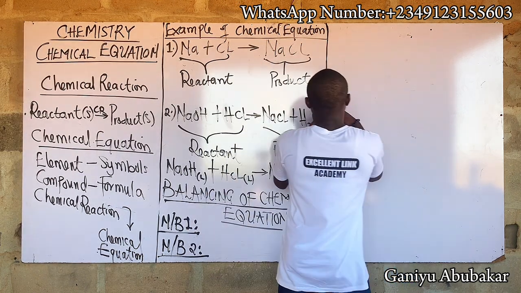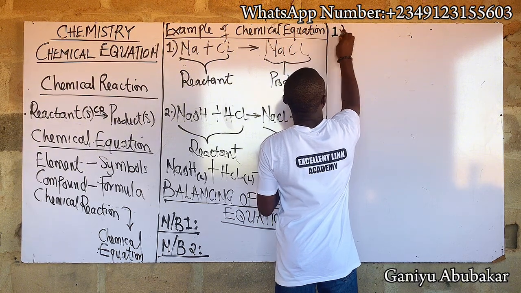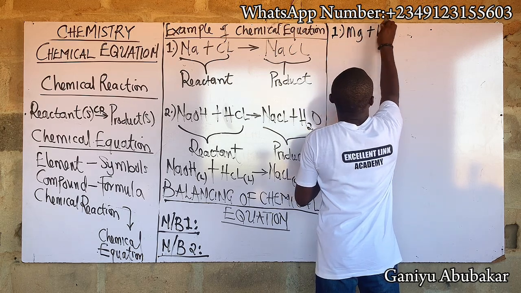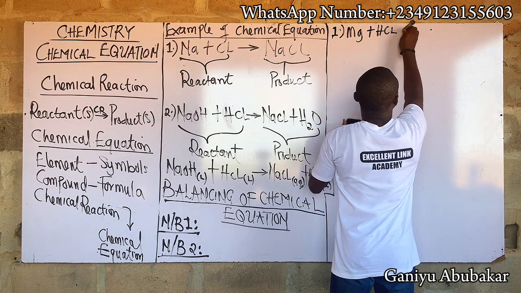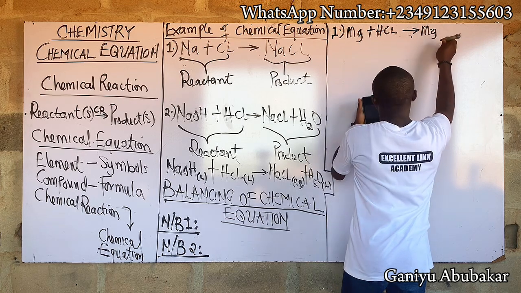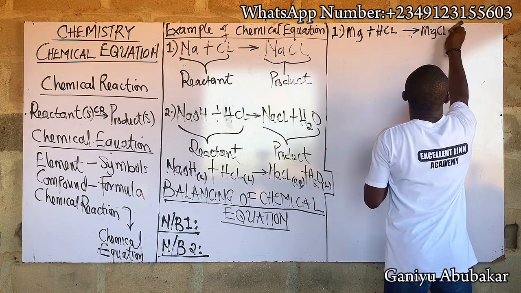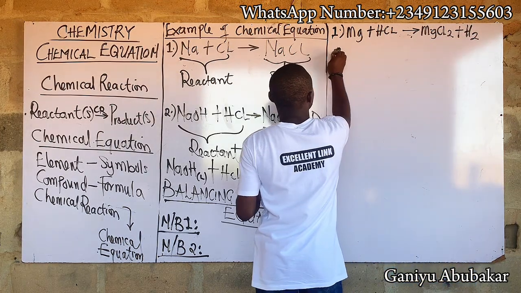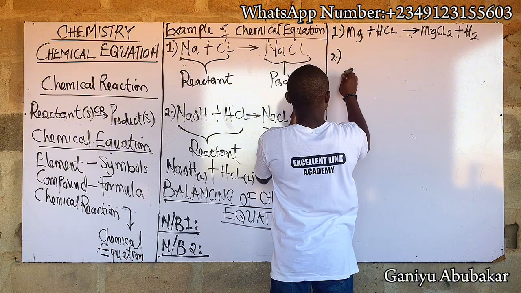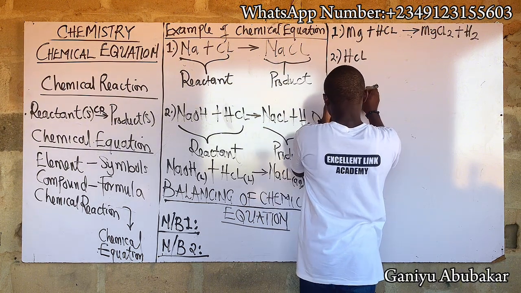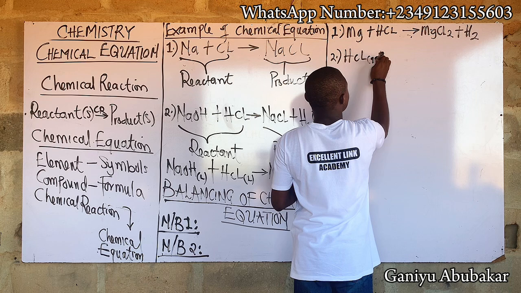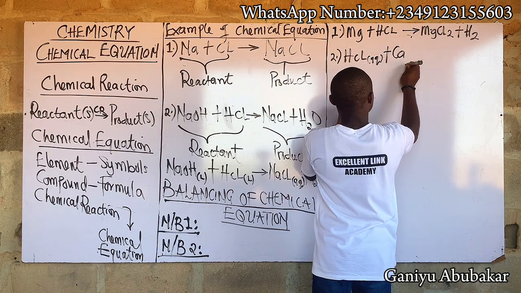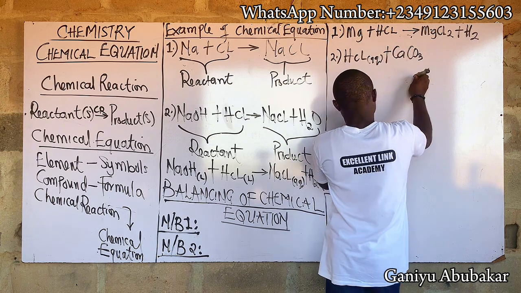Number 1: Mg plus HCl to give MgCl2 plus H2. Number 2: I have HCl, this is aqueous, plus CaCO3, this is of course solid,